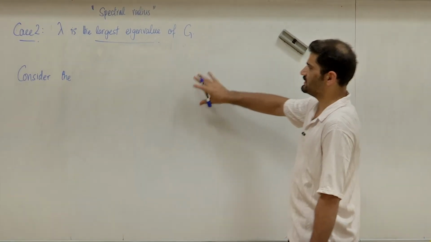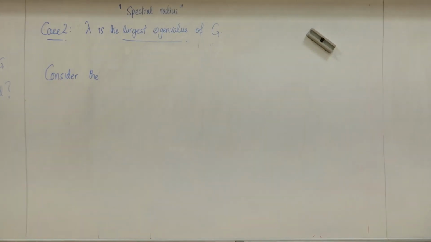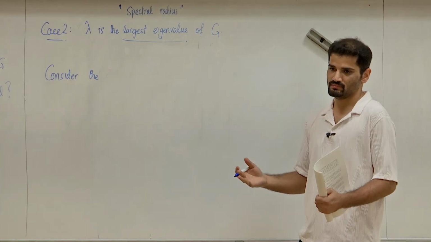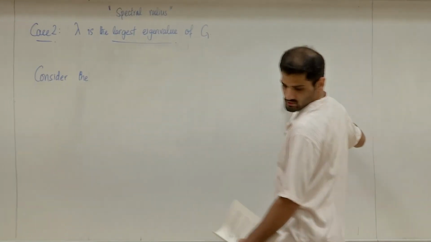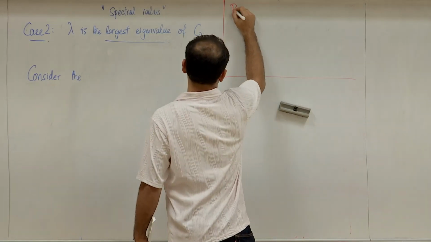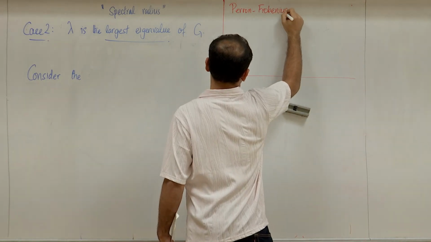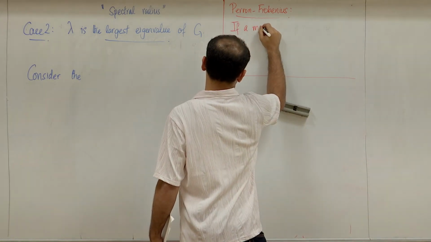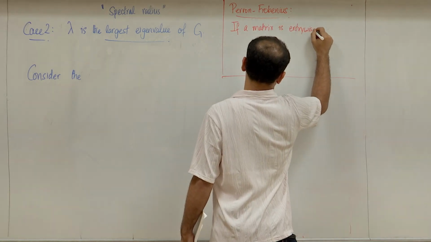Okay, so we are in this case where lambda is the largest eigenvalue of G, and what I basically want to say is that lambda does not have a high multiplicity. Now when can I say this? Suppose this matrix G, let me recall this for Perron Frobenius. It says that if a matrix is entry-wise positive,